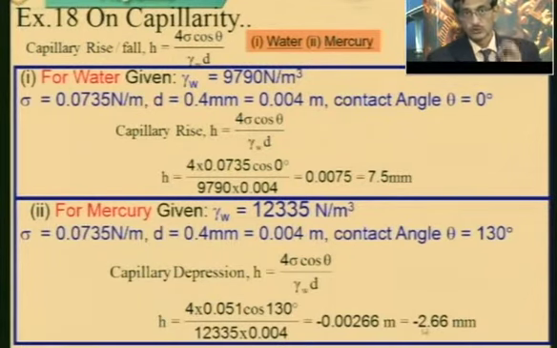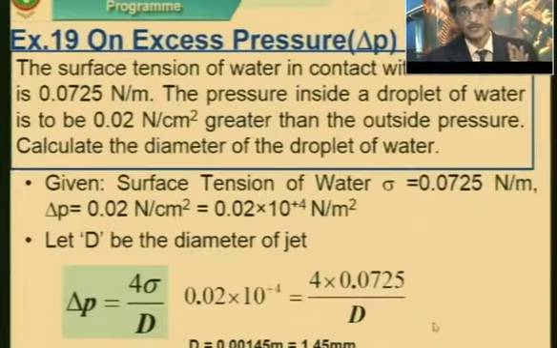Is it okay? So, this question gives you an idea: when the same diameter tube is immersed in water, it is rising up to 7.5 mm in water, but it is dipping 2.6 mm in mercury. Is it okay? Now, let us come to the last example of this part, that is the fluid characteristics, which is on